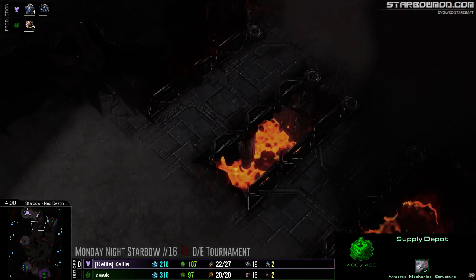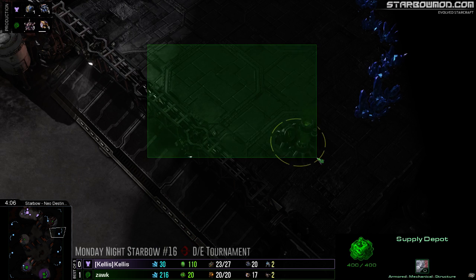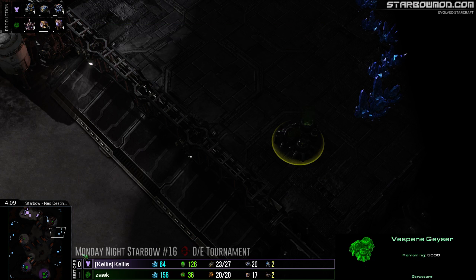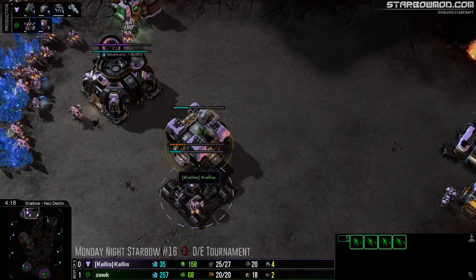So they're relatively similar in proximity, but you do have this on the high ground, so that's nice, but it's an extremely wide space. Do you see Zawk going ahead and setting out those 4 lings like usual,